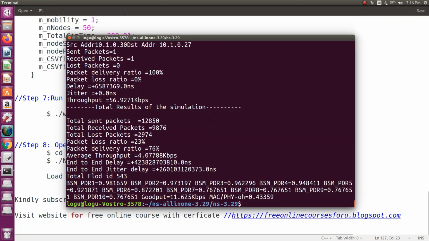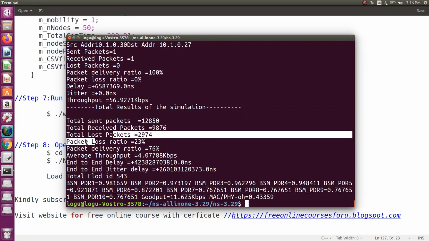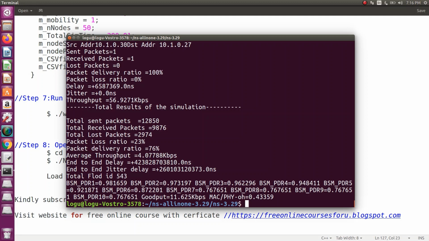The time taken for the simulation is around half an hour. Okay. So from that we are getting the output. These are the basic outputs: how many packets were sent, received packets, lost ratio, then packet delivery ratio, throughput, end-to-end delay, and jitter for the AODV protocol.